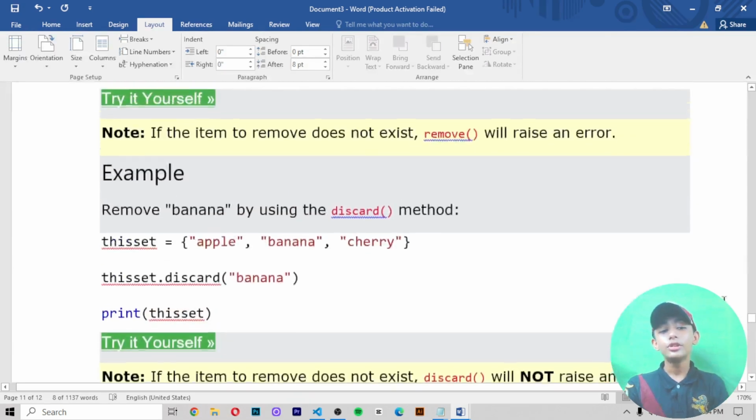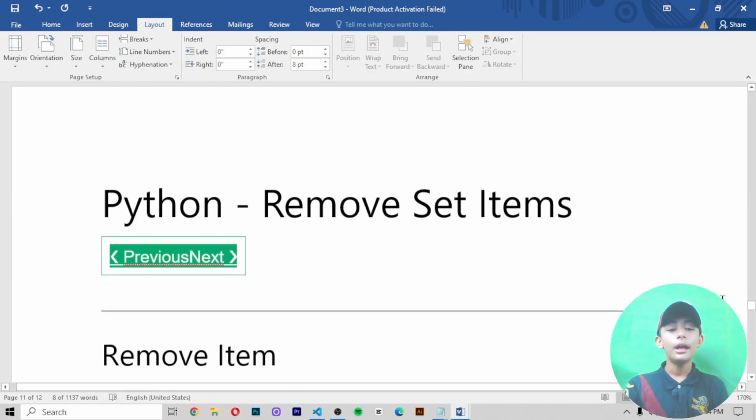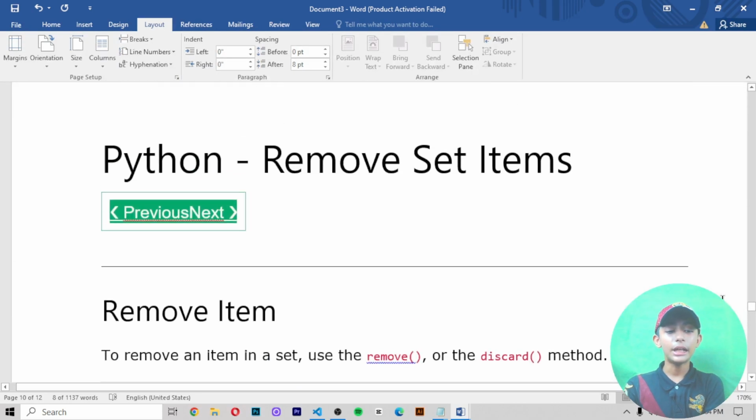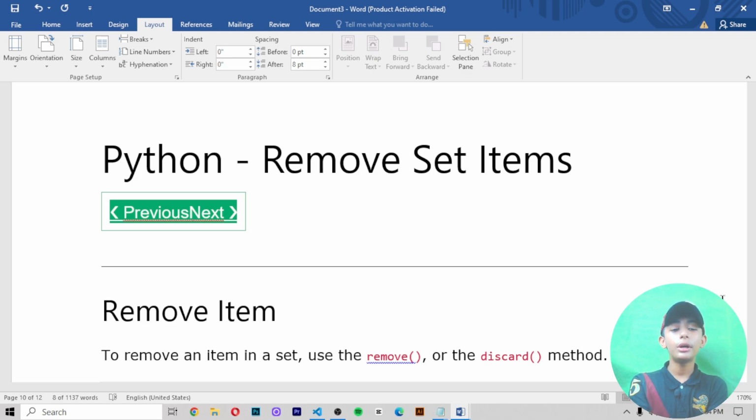So that's why. So here you can see, in today's video of Python, I told you about how to remove set items. We use four methods. The first is the remove method. Number two is the discard method. Number three is the clear method, and number four is the del keyword. These four I have told you about. So I hope your concept will be clear about how to remove set items and how to remove the entire set.